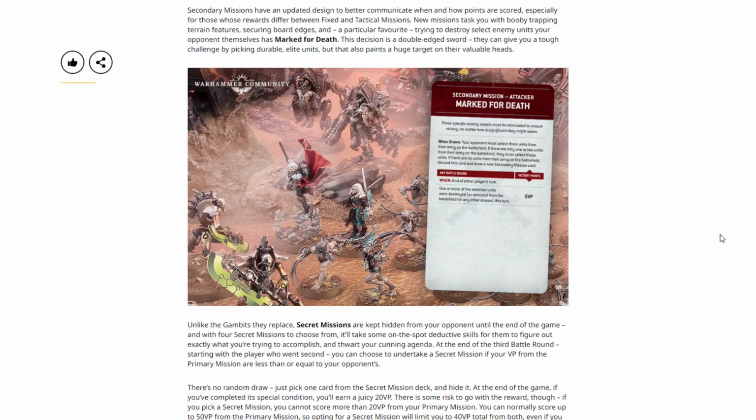When drawn, your opponent must select 3 units from their army on the battlefield. If there are only 2 units from their army on the battlefield, they must select those units. If there are no units from their army on the battlefield, discard this card and draw a new secondary mission. Any battle round, at the end of the player's turn, if 1 or more of the selected units were destroyed or removed from the battlefield for any other reason this turn,